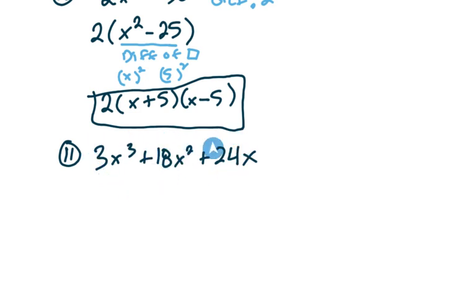So a number or variable that goes into all 3, well, between 3, 18, and 24, 3 can go into all of them. And all 3 of these have at least one x. So my GCF is 3x. So the first thing I'm going to do is factor out this GCF of 3x, and then I'll divide each term by 3x, which will leave me with an x squared